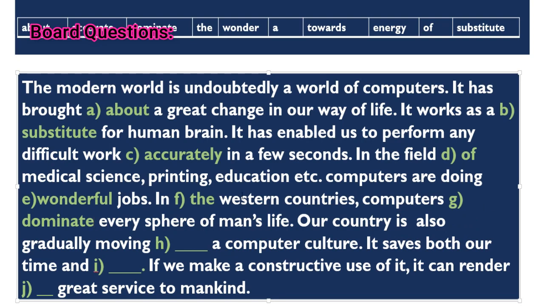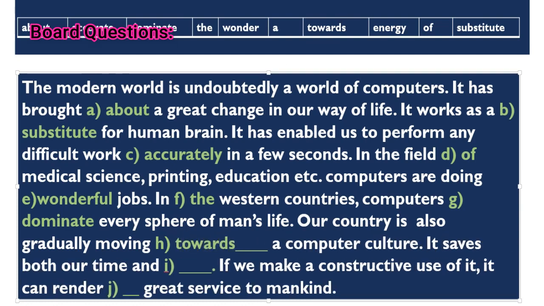Computers dominate every sphere of man's life is appropriate. Then our country is also gradually moving dash a computer culture. Our country is also gradually moving, that means it is going forward. So to show direction, we can use to or towards as a preposition, and we have towards in the clue, so here we will put towards